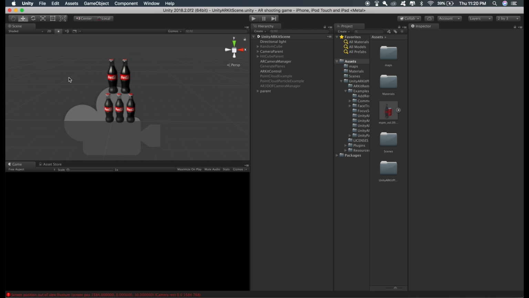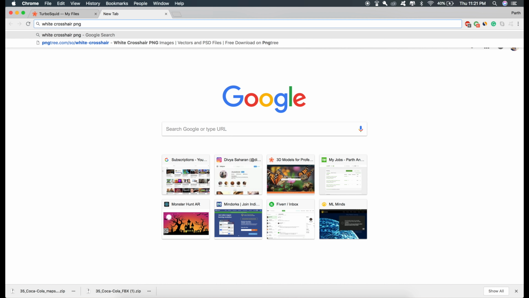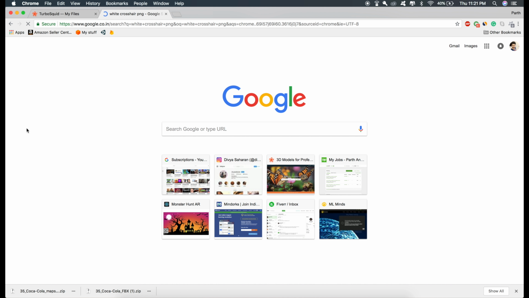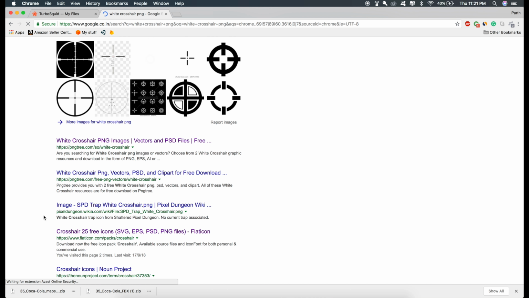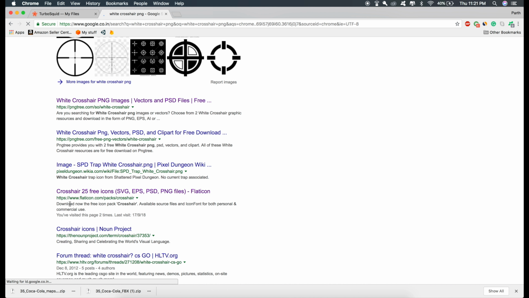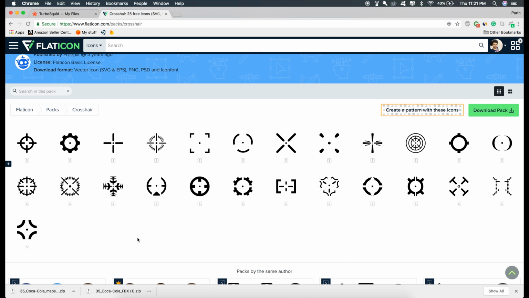And now as our setup is complete, let's create the shooting part. For that, we need a shooting button and we need a crosshair so that we know where we are shooting. So let's download the images for that first. White crosshair PNG. Go to this website, Flaticon. This is the best website for downloading PNG images. I'll take this crosshair,